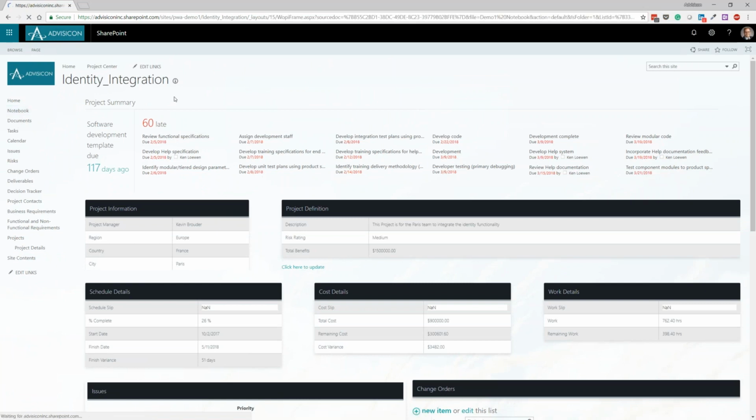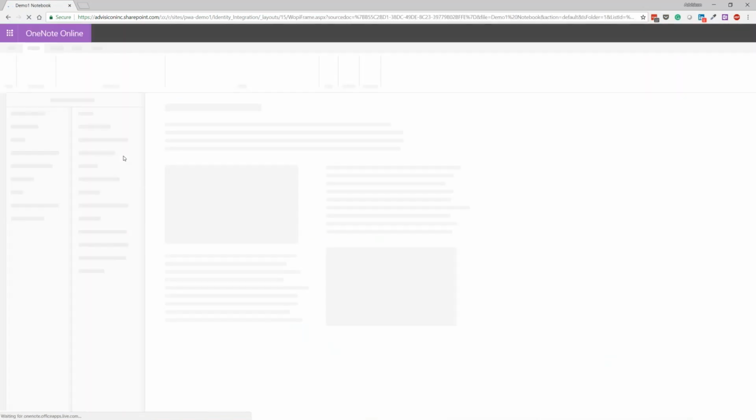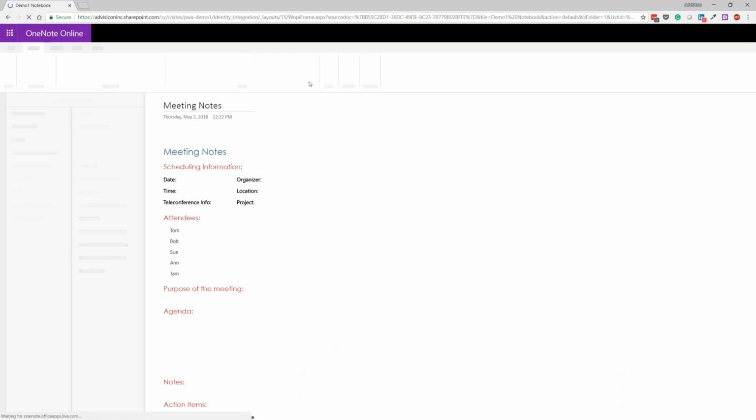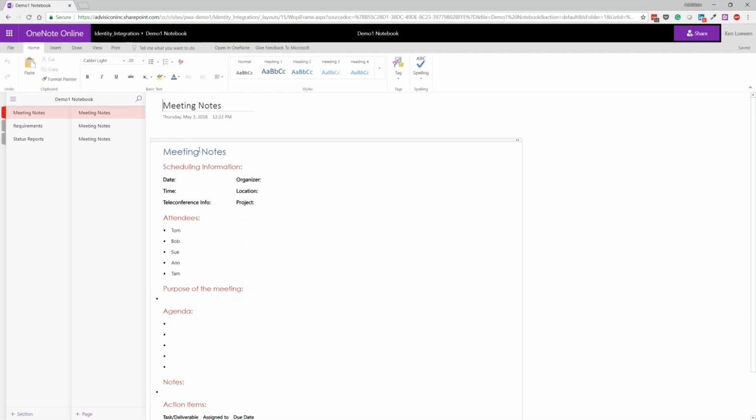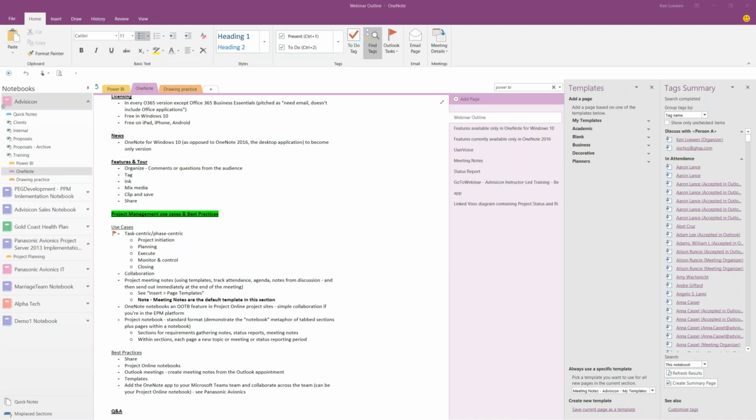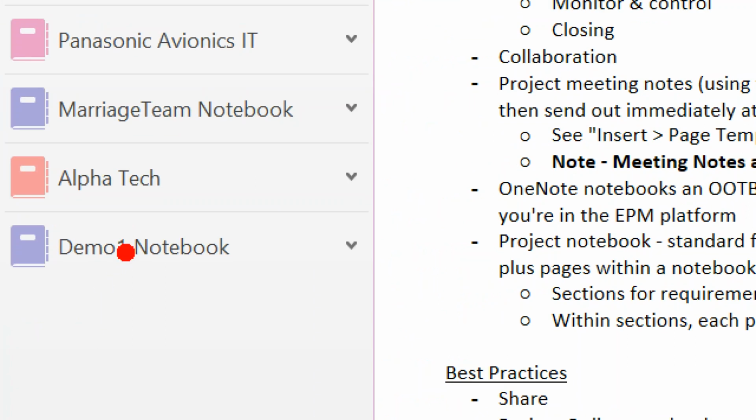And it's just as simple as this to come over to OneNote and edit content that relates to this particular project. This OneNote notebook was created using a template. So the idea that it has a meeting notes section, a requirements section, and a status reports section was baked into it when we created the new project and created its SharePoint site. We created that OneNote notebook with that information. And again, that notebook then, once I chose to open it in OneNote, appeared right here in my OneNote